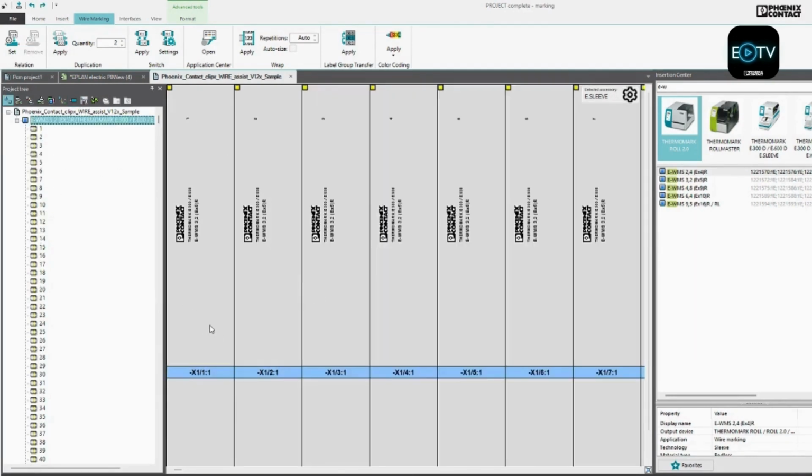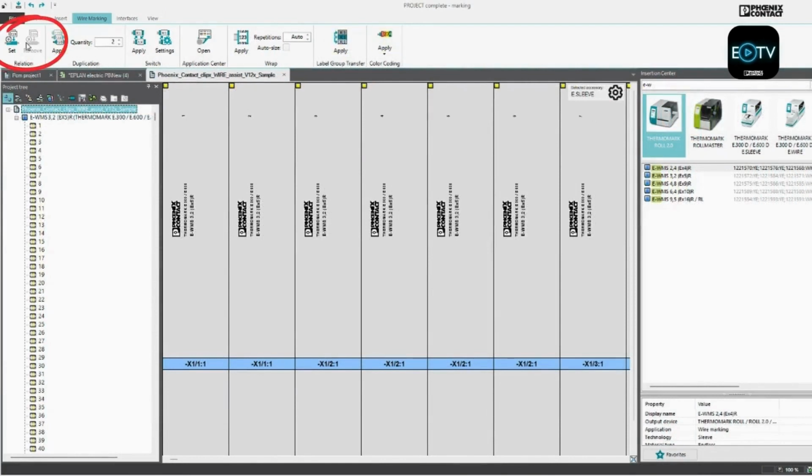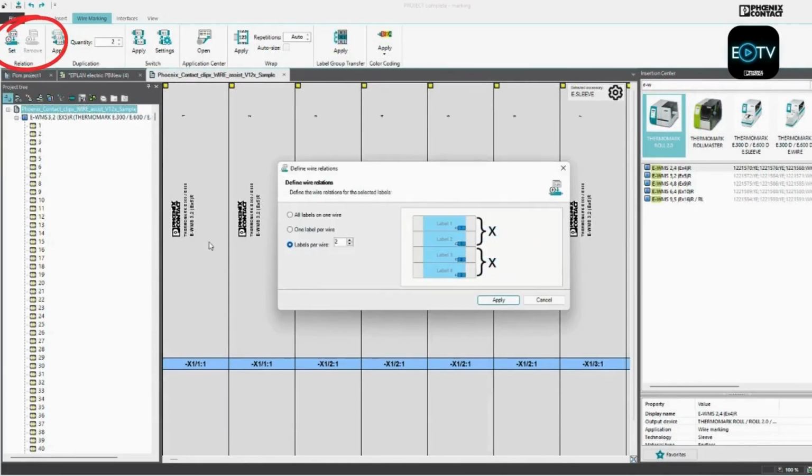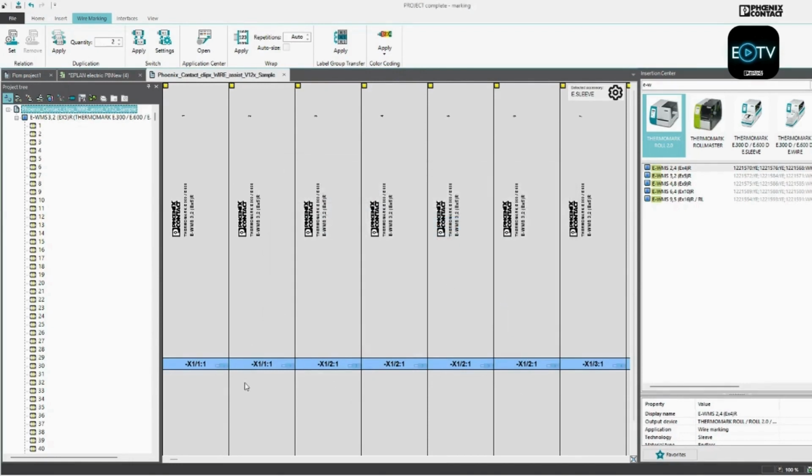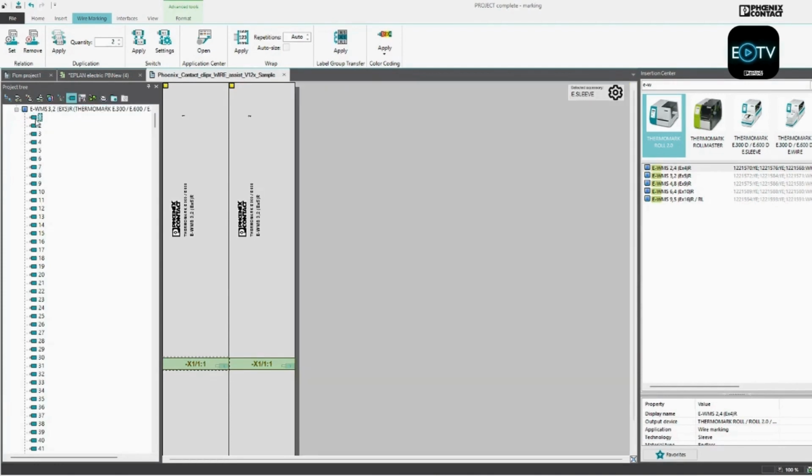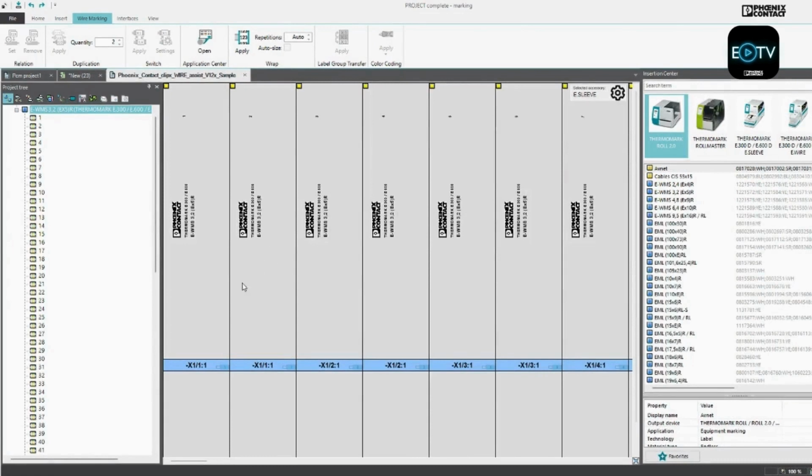Okay, so we just mentioned cable relation there, so let's see how we do that manually. If we click onto the cable relation settings here, we can select multiple markers to go onto one cable. So in this instance, I've asked 2 markers to go onto one cable every time. So that'll be 1 marker either end of the cable. Now that we've done that, you can see we've now applied 2 markers to every cable. So if we go to the cable view, we'll see each marker for either end of the cable every time.